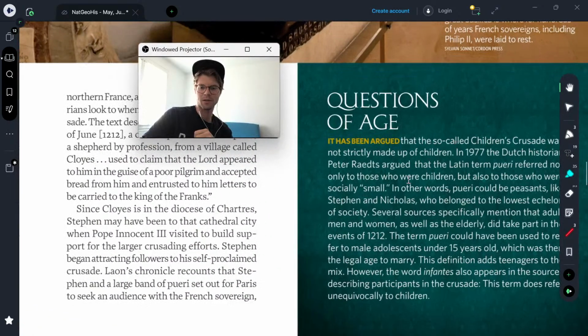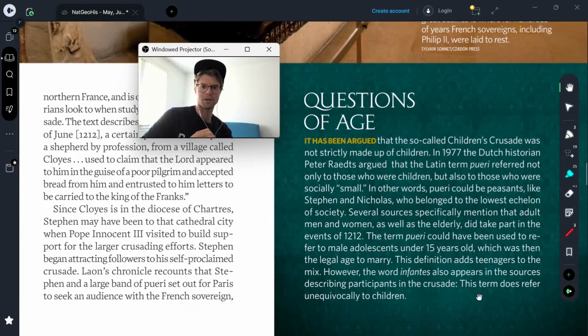It has been argued that the so-called Children's Crusade was not strictly made up of children. In 1977, the Dutch historian Peter Raedts argued that the Latin term pueri referred not only to those who were children, but also to those who were socially small. In other words, pueri could be peasants like Stephen and Nicholas, who belonged to the lowest echelon